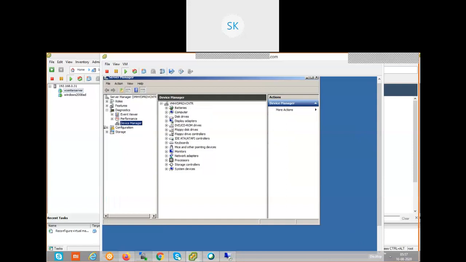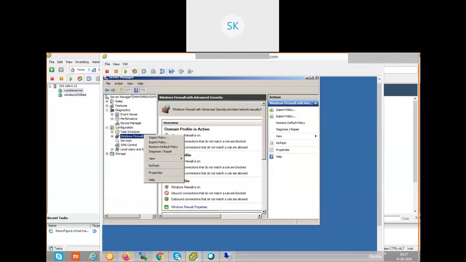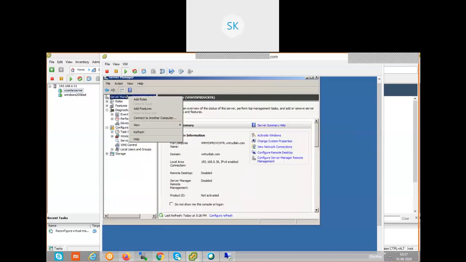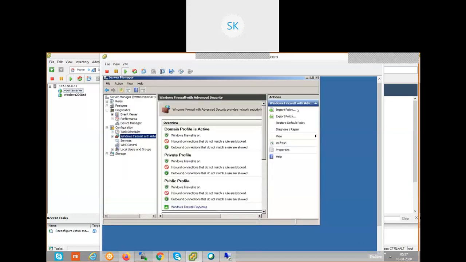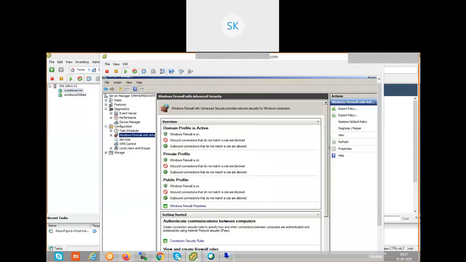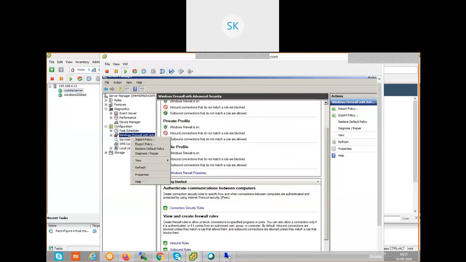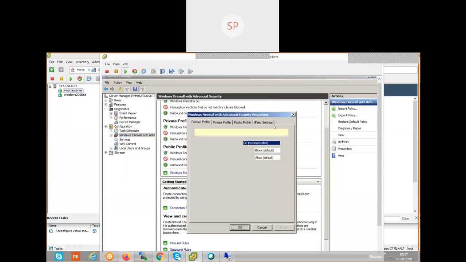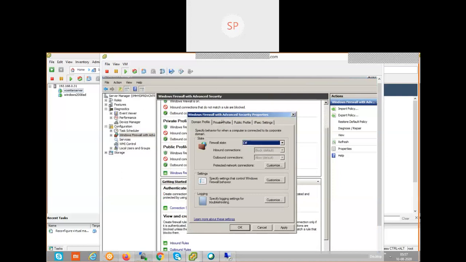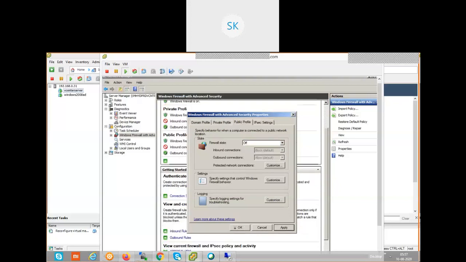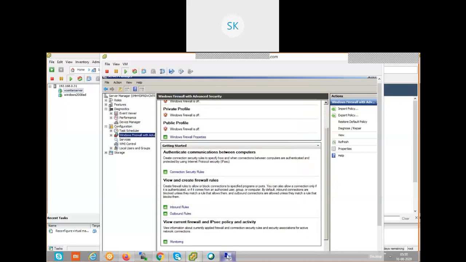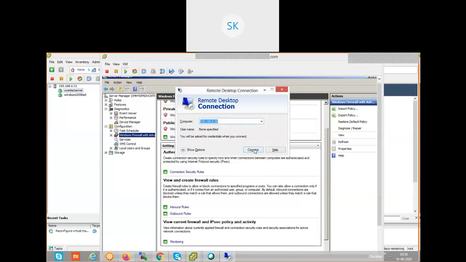This is a practice of how to do these things. As soon as installation is completed, we need to make sure we configure all the things. Properties, make all three properties off. These are the settings we are going to do as soon as the build is completed. The tools installation, this health check, we call it server hardening. Don't click on that. Enable remote desktop.